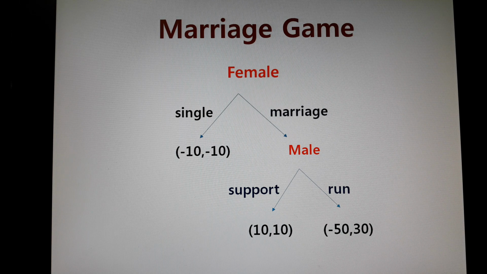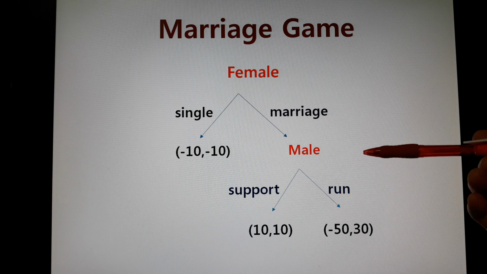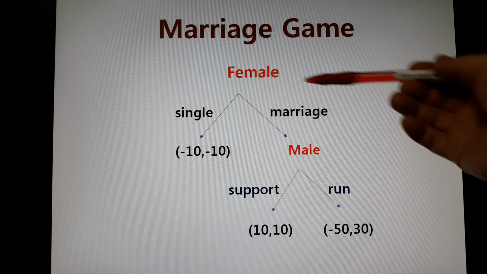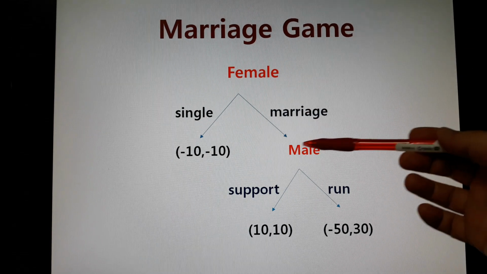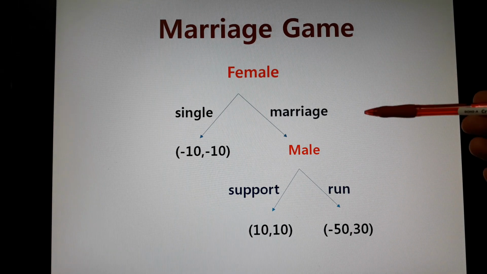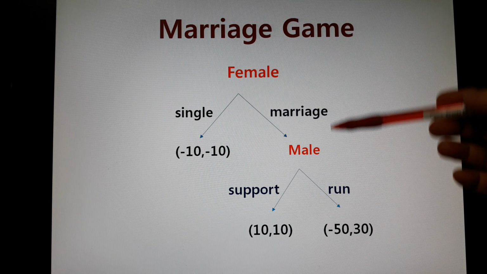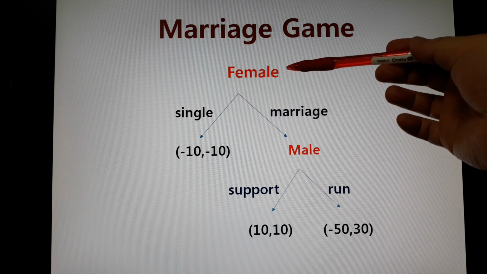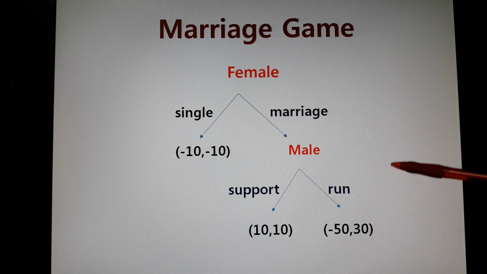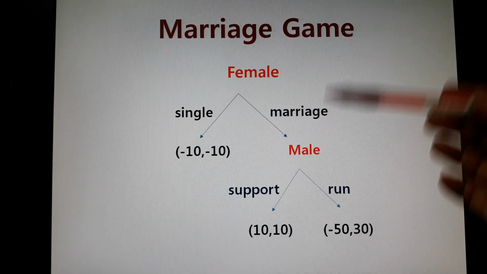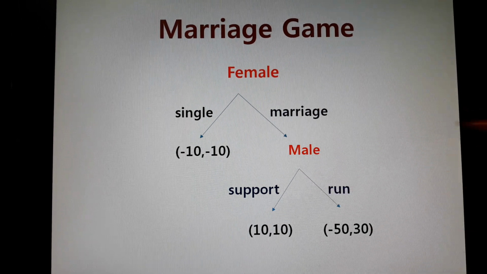But the promise is such a fragile thing, the male may break it anytime and run away. So what can be done? The government involves, and they say, when they get married and the male promised the female, okay, I'll support the family, the government says, okay, now I recognize that the male married the female, and I'll be watching, and if the male runs away, I'll catch the male and return him to the family, and somehow I'll force him to support the family financially. That is enforcement of promise or enforcement of contract.